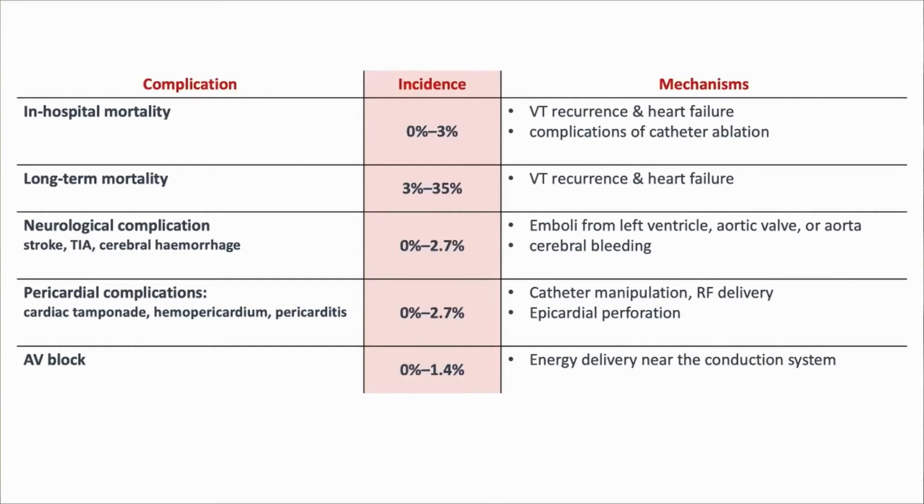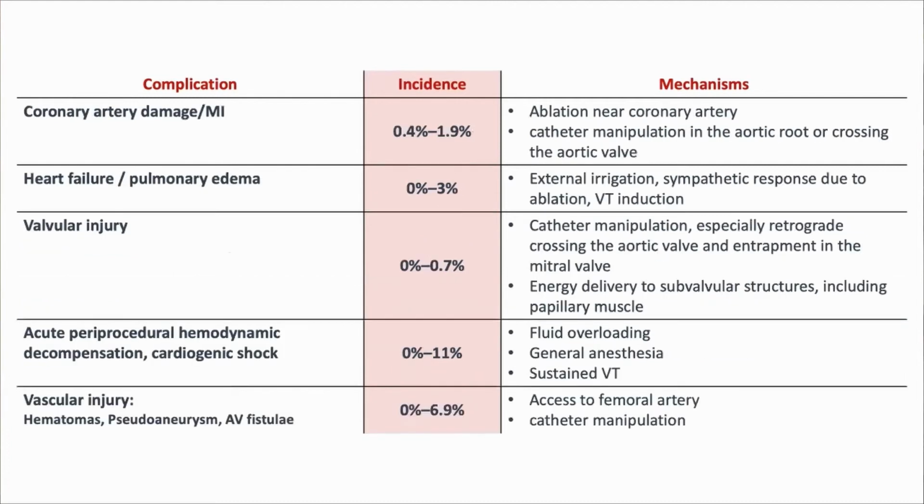This table demonstrates possible complications, their incidence and mechanisms. Because of mentioned factors, VT ablations are connected with higher risk of mortality, mainly because of VT recurrence and heart failure. Similar numbers have neurological and pericardial complications, up to 2.7%, related to emboli, catheter manipulation, and heart perforation. Other complications can be coronary artery damage and valvular injury, up to 1 to 2%, and related to ablations and